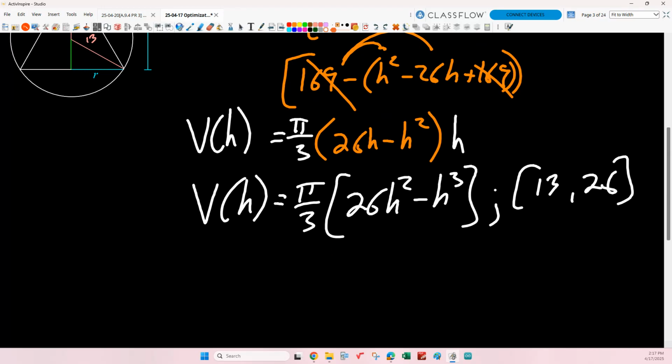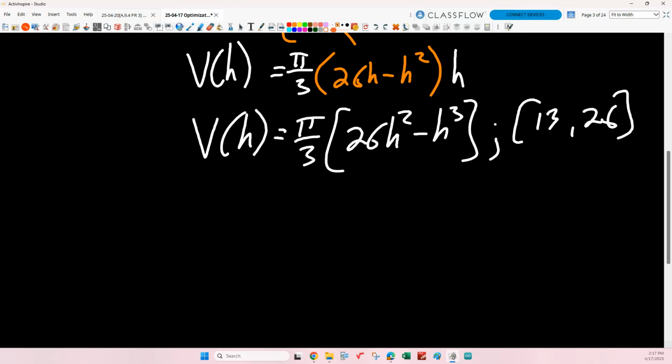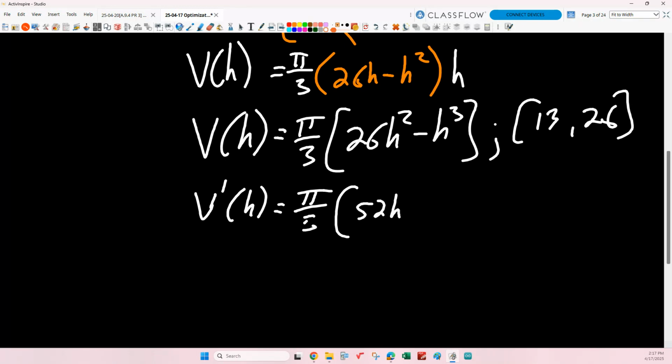That's a really easy function to differentiate and find critical numbers for, isn't it? So let's do that real quick though. Just kind of fun to finish these off. So what would my derivative be? We'll just leave that pi thirds out front. That's a constant. What do I get if I differentiate the terms inside? 4h minus 52h, minus,